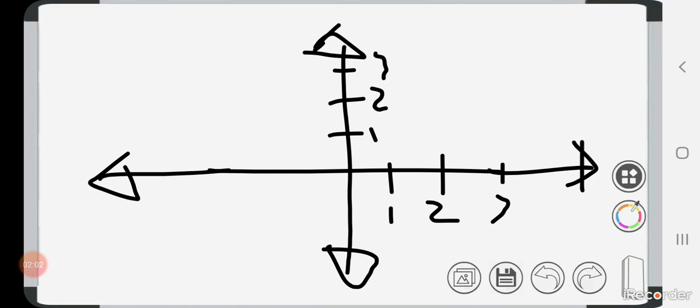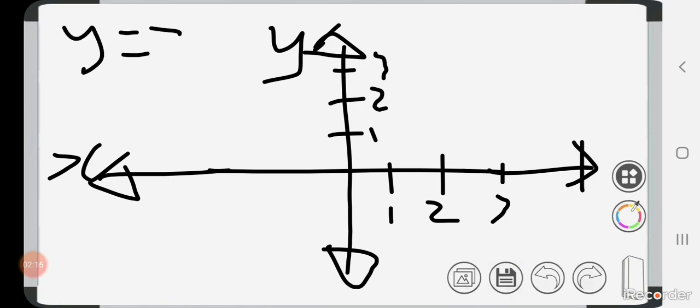If we want to know the relationship between y and x, we can draw a curve here that shows that relationship. So in this particular curve, if we want to show that y is equal to x, it means that